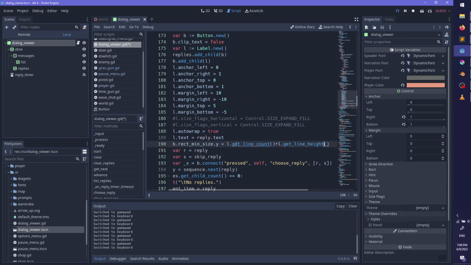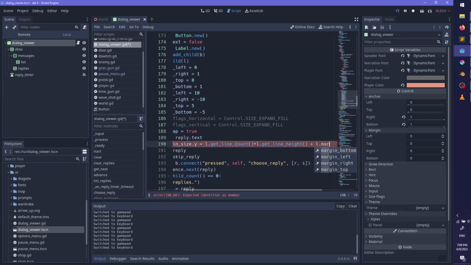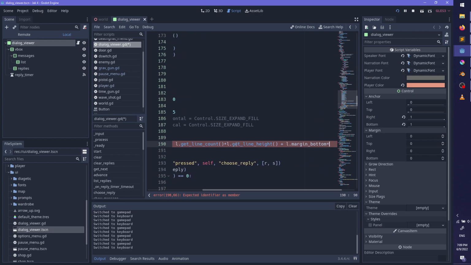Oh yeah, that is times plus dot margin bottom times 2.